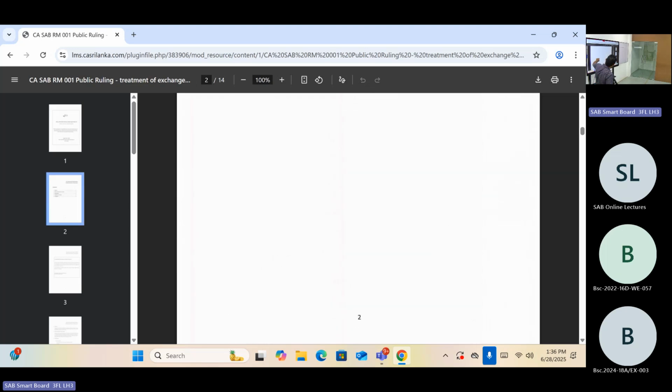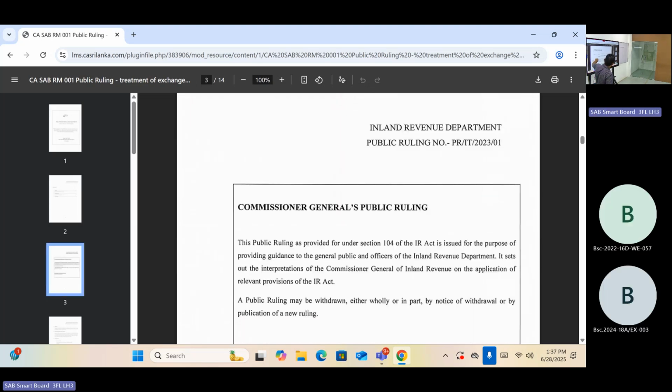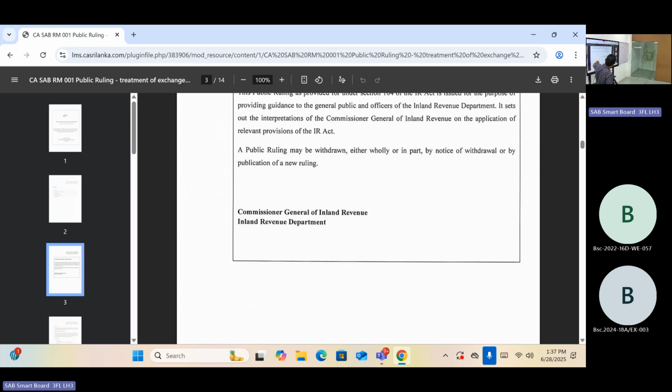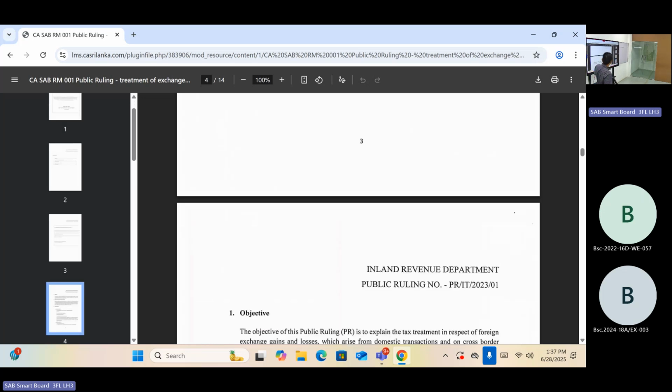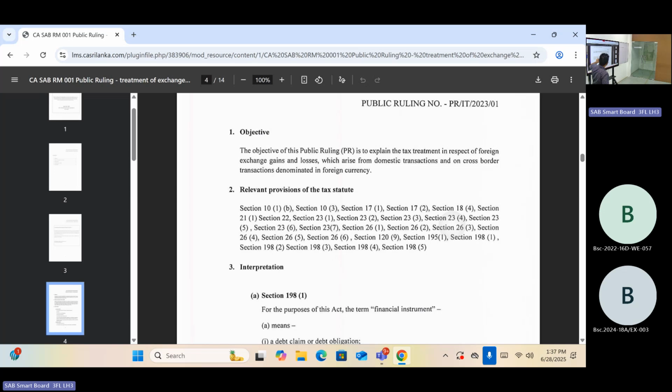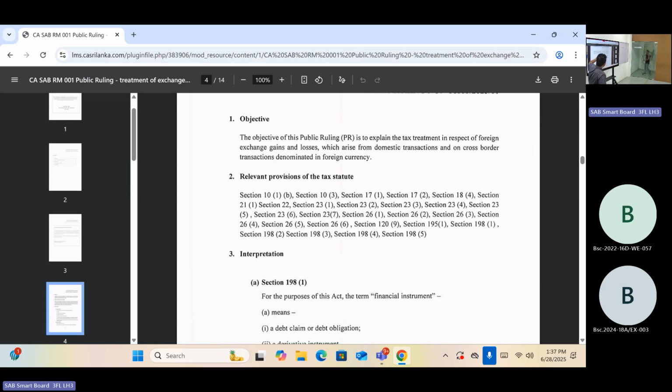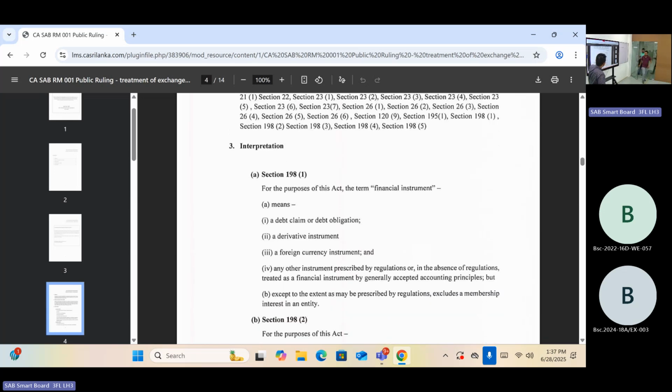what is a financial instrument and the adjustment that needs to be done. You can read this. The objective of this public ruling is to explain the tax treatment in respect of foreign exchange gain and loss, which arise from domestic transactions and cross-border transactions denominated in foreign currency. So in the case of foreign currency, how the tax impact needs to be made, right? In that context, they have given the interpretation of what a financial instrument is